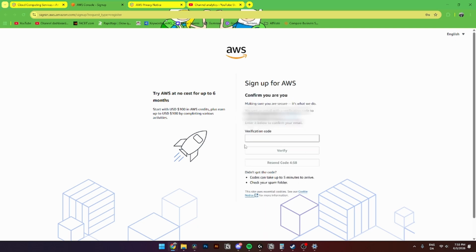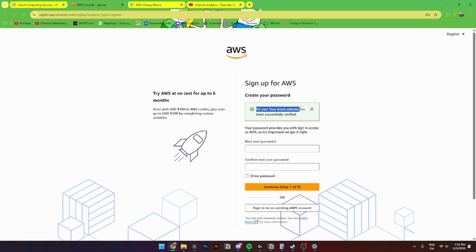Once you have clicked verify, you'll need to verify the email by going inside of your email and then type in the code that AWS has sent to you. Once you've done that, you'll simply just need to click verify, and then you'll go over to the next step. From here, you can see that your email address has been successfully verified, and